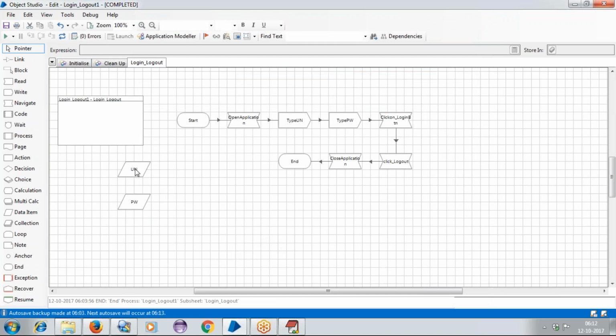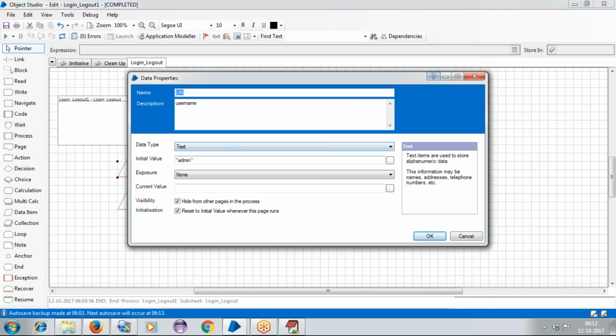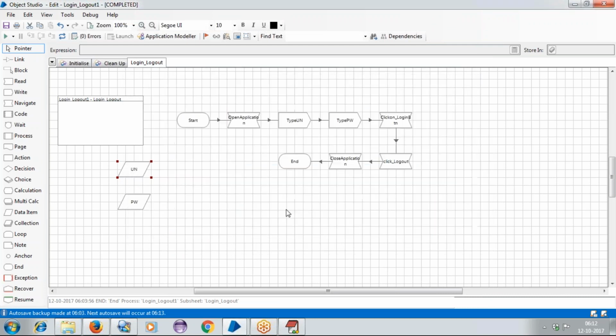Now we can see here. If I'm taking with the username, what is the data we provided? Admin and admin. Now if I'm executing my application, it needs to be typed with the username and password here. And I can see here, if I click on refresh, we have been taking the data as admin. You are able to see that particular details.